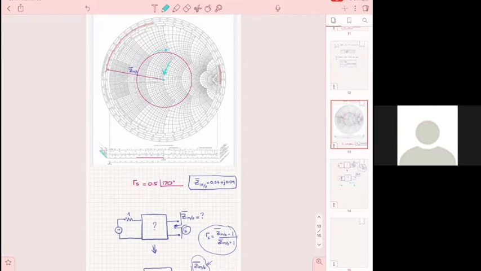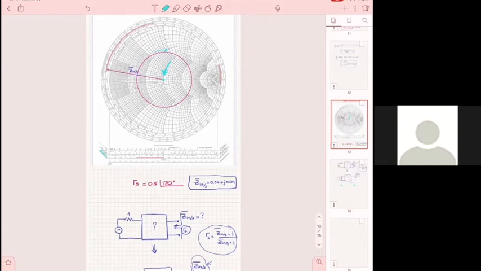And if I want to put a series stub, then I'll stay with impedances. But if I want to put a shunt stub, I may tell you to use a shunt or a series,